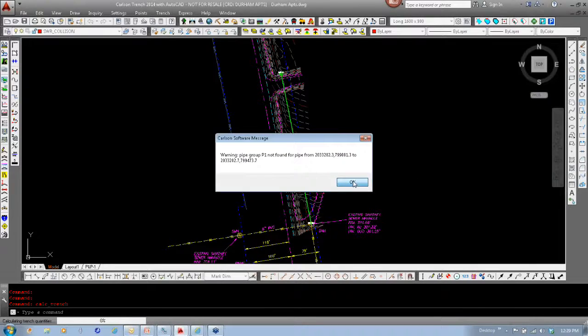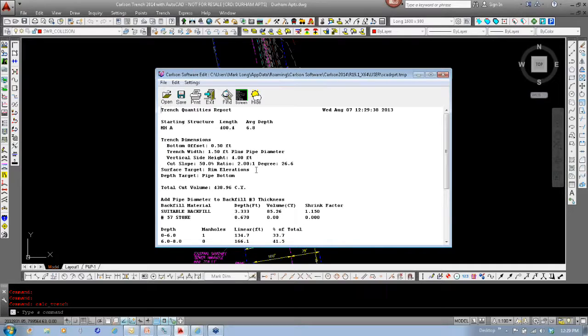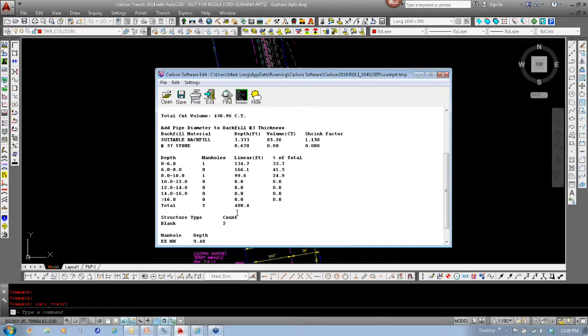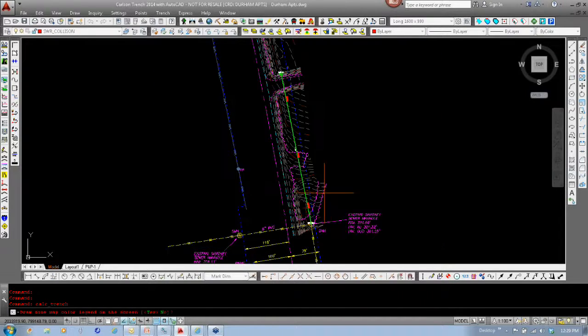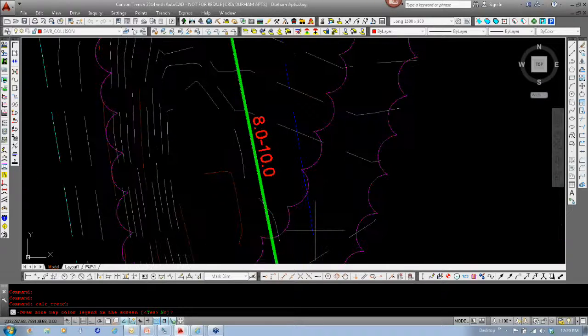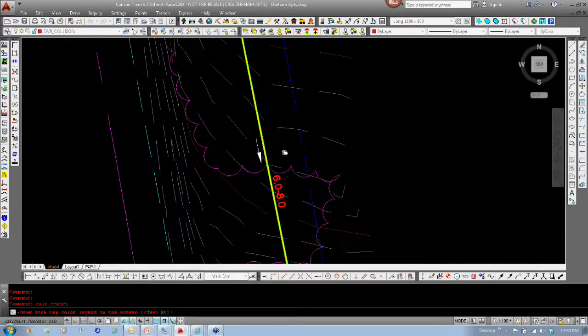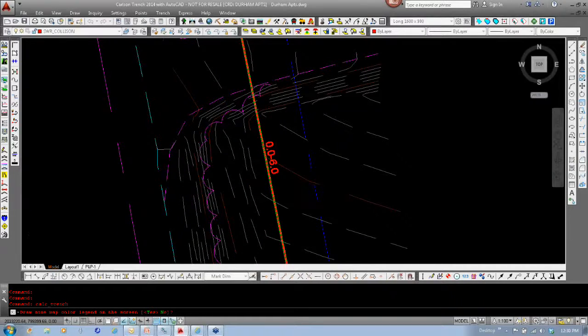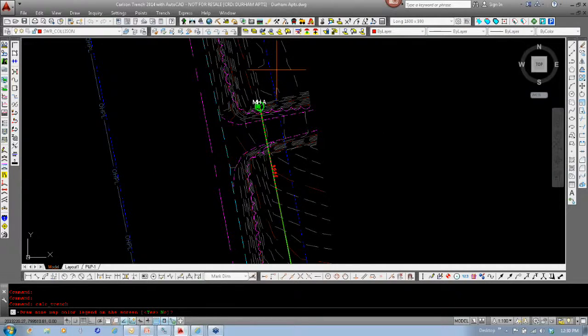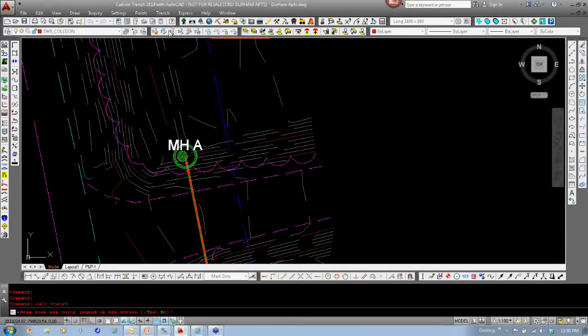So if I hit OK, I don't have pipe groups set for my pipes, but now you can see the trench quantities there, and also the amount of stone, also the depths and things like that. And that's one of those things that got me. I was like, wow, that's a good thing, because I've done this many times in the past where I've had to go in here and calculate how much of my sewer run is between 8 to 10 feet deep, or 6 to 8 feet deep, and also 0 to 6 feet deep. And if I isolate these to show you,